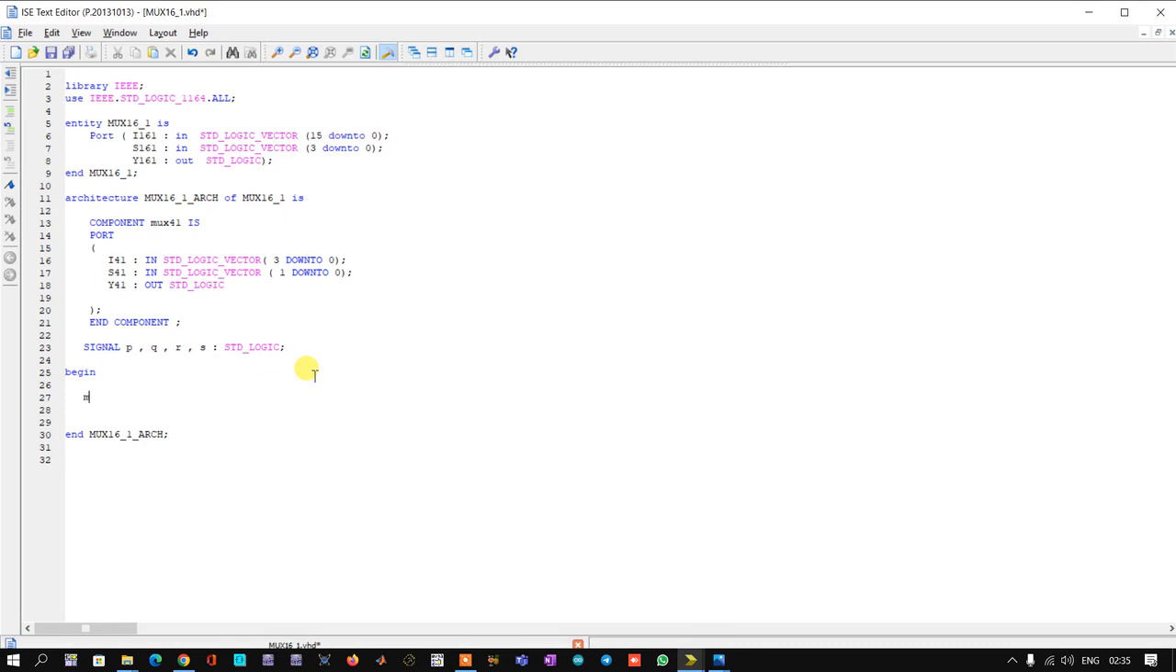Okay, so mux41_1, space colon space component name, port map. Five instances, change the instance names _2, _3, _4, _5, and here my reference is